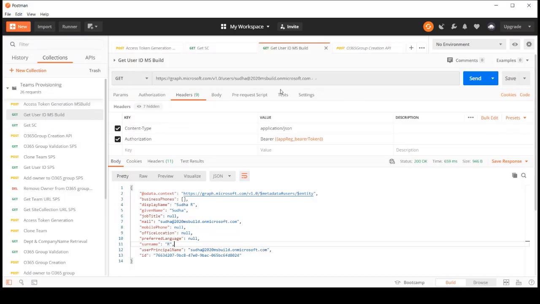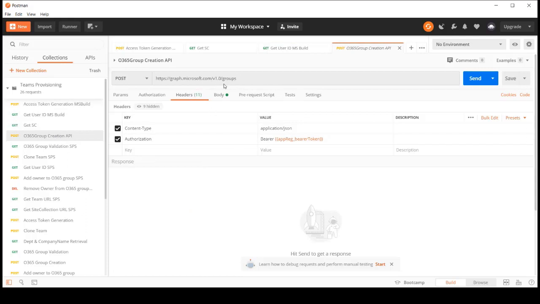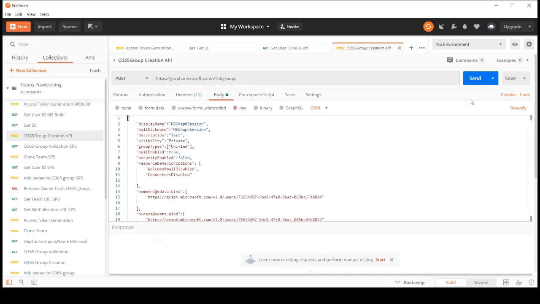I want to add this user to an Office 365 group. So let's see how to create an Office 365 group using application permission. This is the API. When you want to create it, you should use the POST method, and I'm using the version 1.0 groups API.